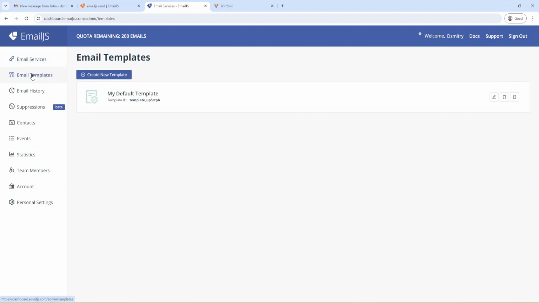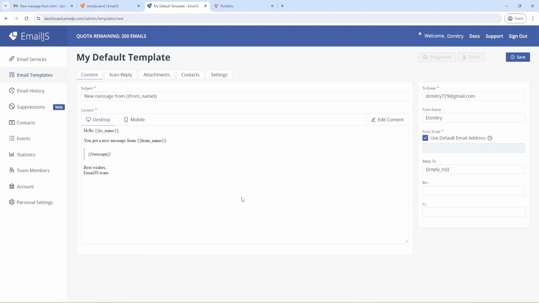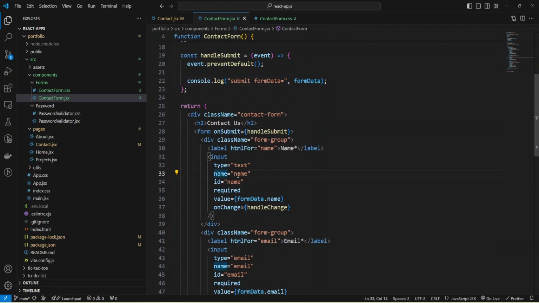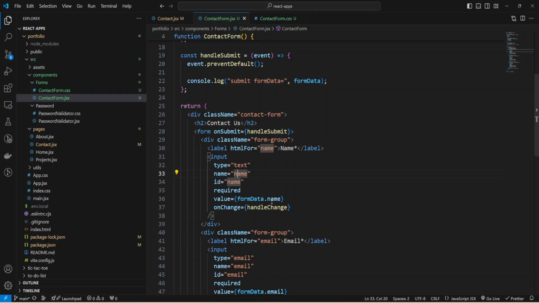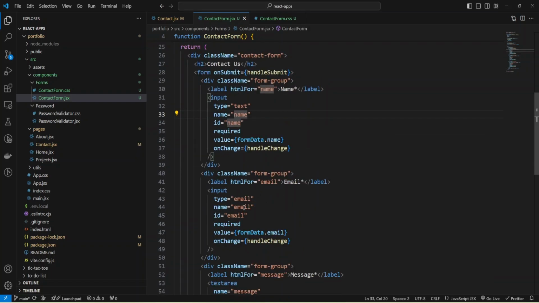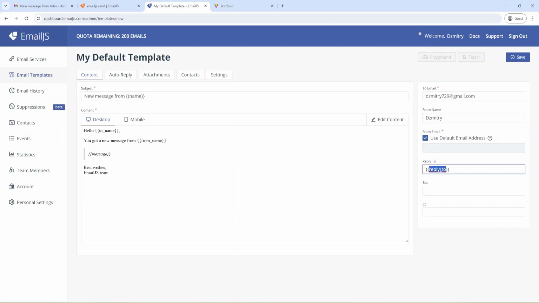And also you need email templates. You can create a new template, and I'm going to create a new template and modify these fields. We have name. We'll have name because we were using name, and also reply to will be email, because as the name we were using email. I'm just going to copy paste this email, and you got new message from email.